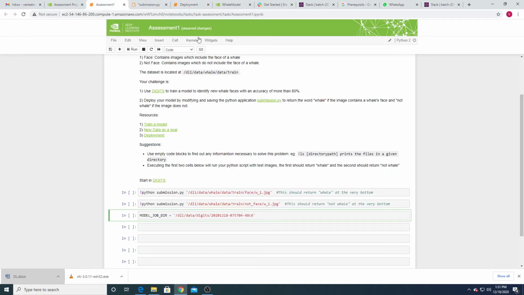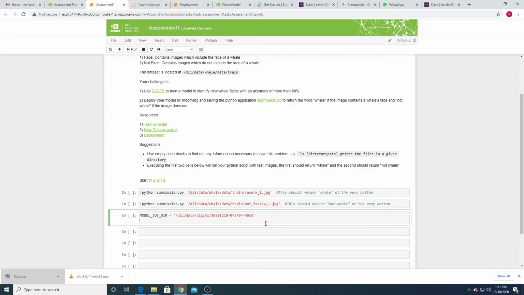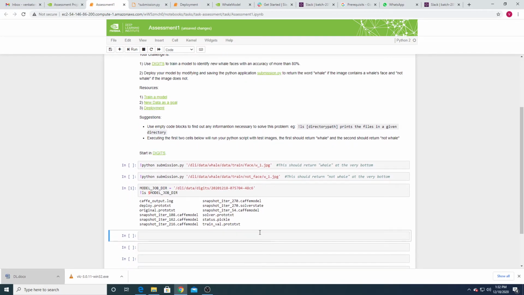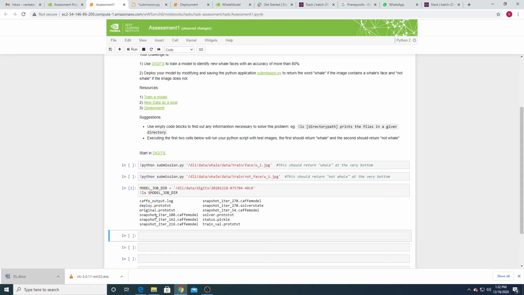You can execute this to see what the model job directory consists of. In submission.py, for the architecture they are using deploy.prototxt. Is it available here? Yes, it's available. Fine.